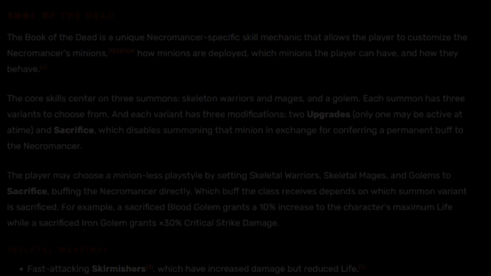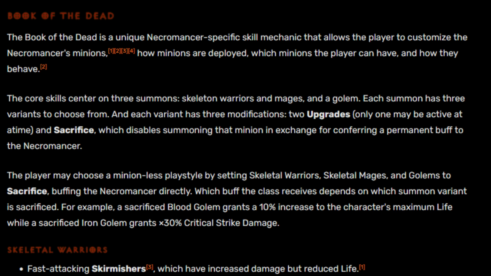Book of the Dead. Book of the Dead is a unique Necromancer-specific skill mechanic that allows the player to customize their Necromancer's minions, how minions are deployed, which minions the player can have, and how they behave. The core skills center on 3 summons: skeleton warriors and mages, and a golem. Each summon has 3 variants to choose from, and each variant has 3 modifications: 2 upgrades, of which 1 may be active at a time, and sacrifice, which disables summoning that minion in exchange for conferring a permanent buff to